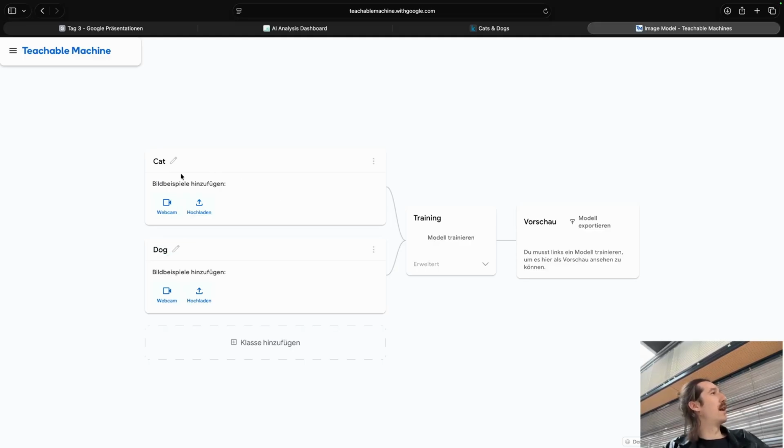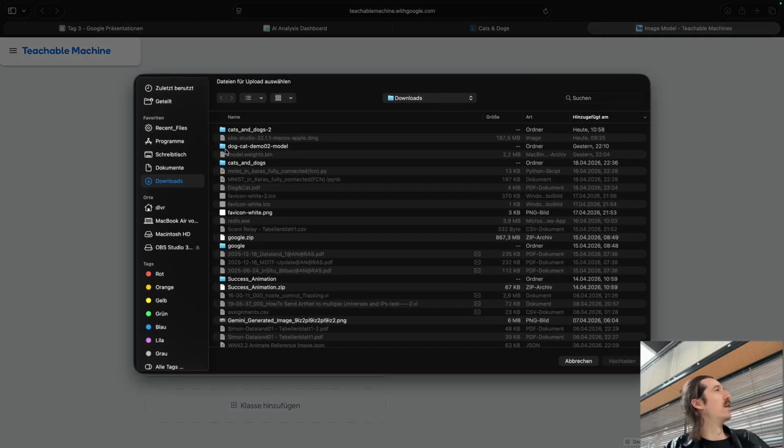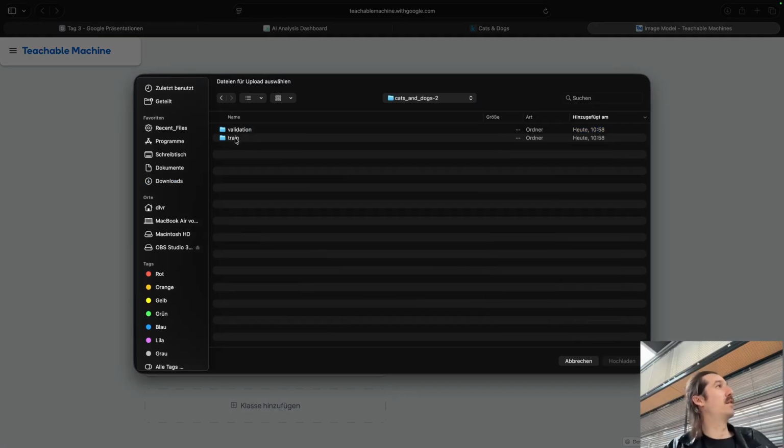Now this class here is asking for image data, or training data, right? So let's give it some training data. Here you can go to upload, and I'm going to upload data from my local folder. I go to train, and I go to cats.